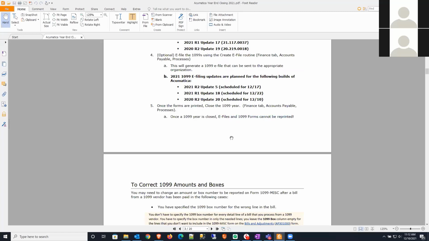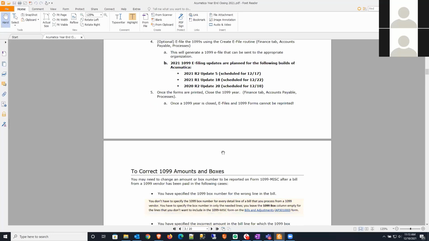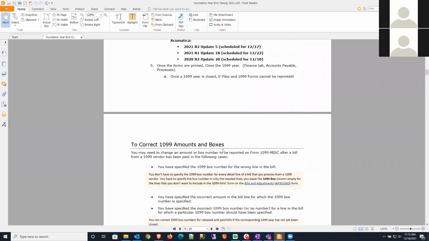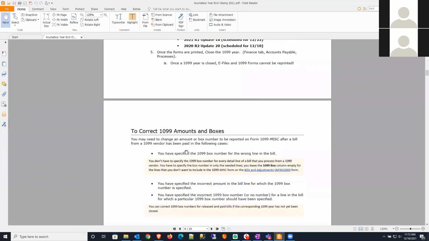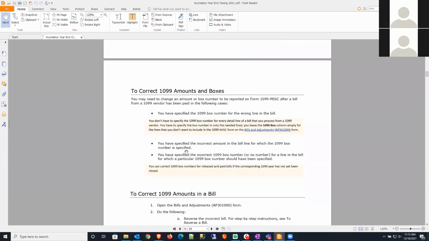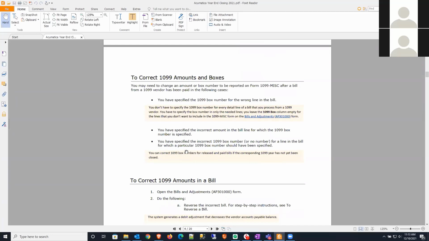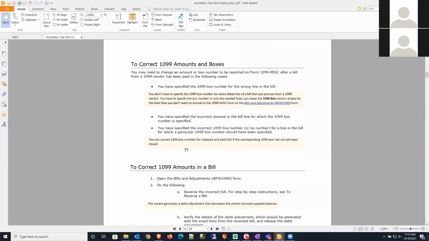Previously, the e-files and the forms could not be reprinted, but I would like to verify that because I feel like I've done that before. I feel like it's changed. All right, so let's jump into correcting amounts and making sure that's accurate. So maybe, and we'll cover, I guess, two scenarios mainly. Let's say